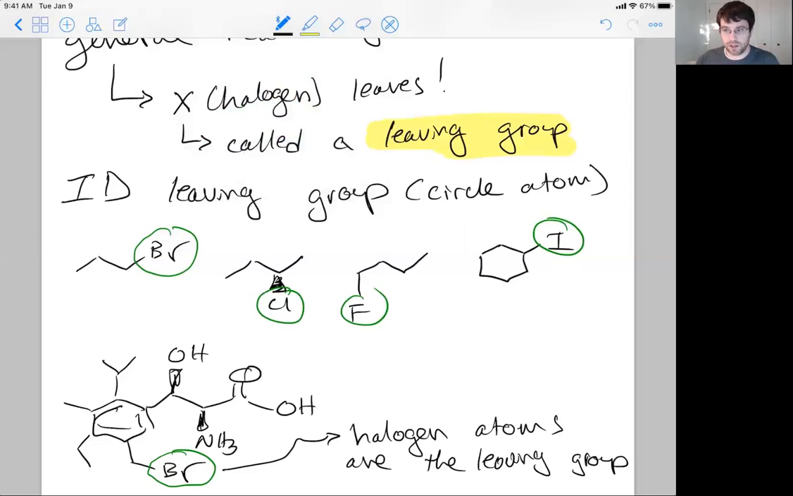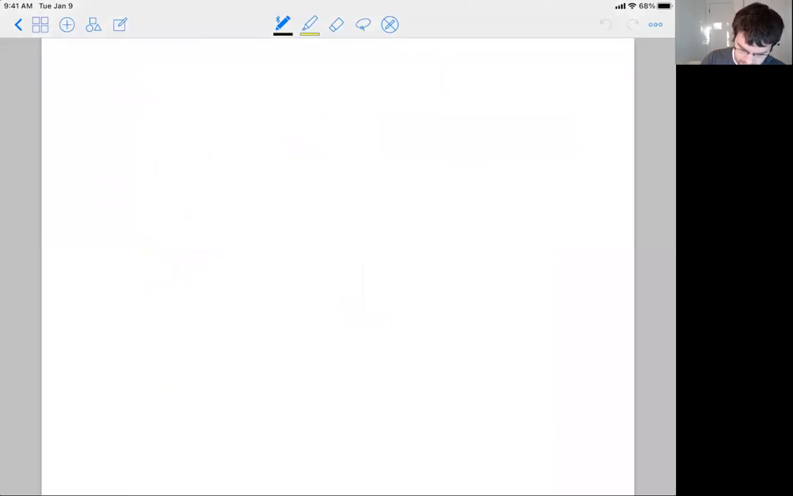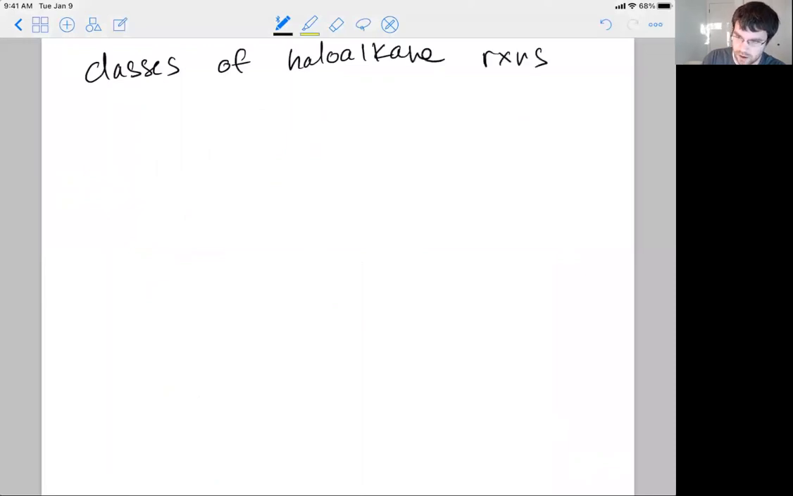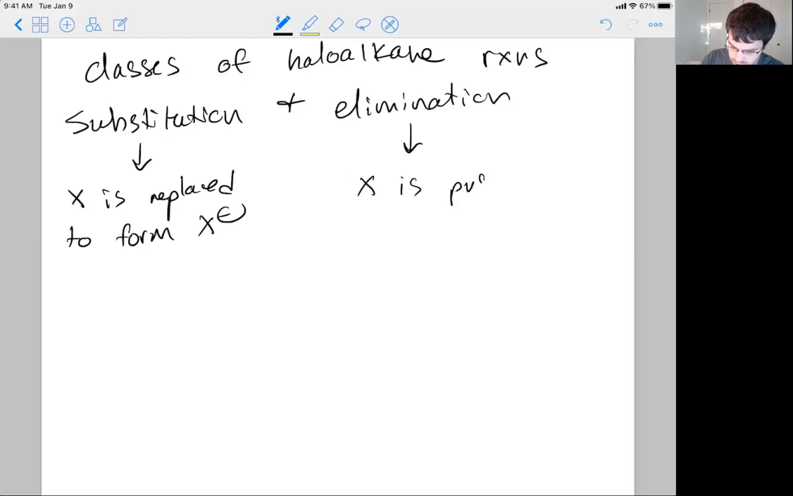What we're going to do next is look at the general classes of reactions. In each of these classes of reactions, we're going to see that the halogen atom leaves or is replaced or is just pushed off of the molecule. So the classes of haloalkane reactions, there are kind of two broad categories. They are substitution and elimination. In the case of substitution, the X is replaced to form X minus. In the case of elimination, the X is pushed off